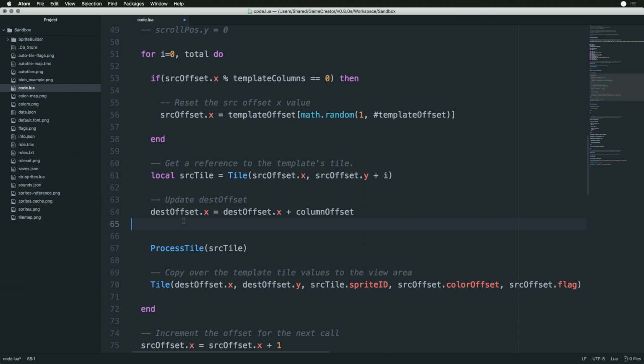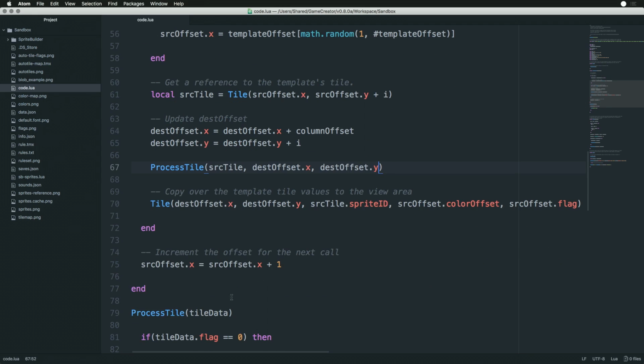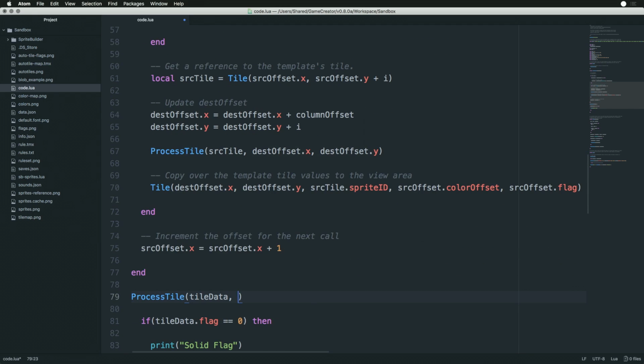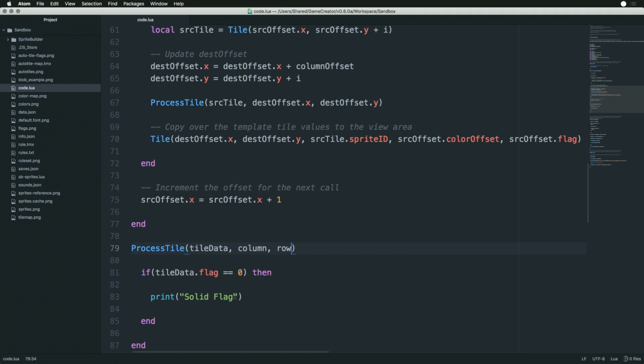What I'm trying to do is pre-calculate this stuff, because then we'll know exactly where this tile came in. So this is the column and the row. Solid flag at